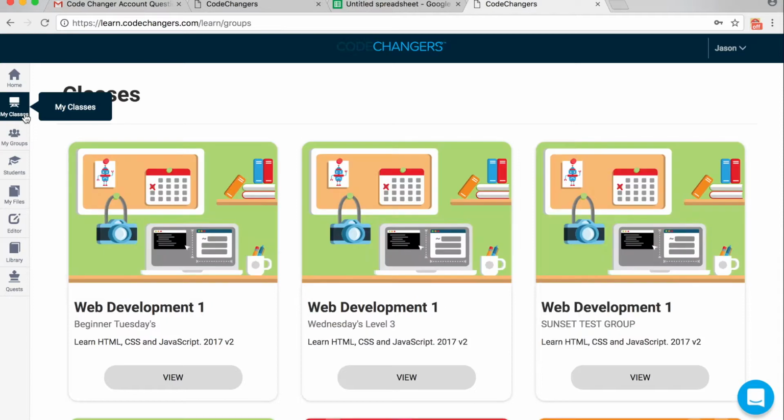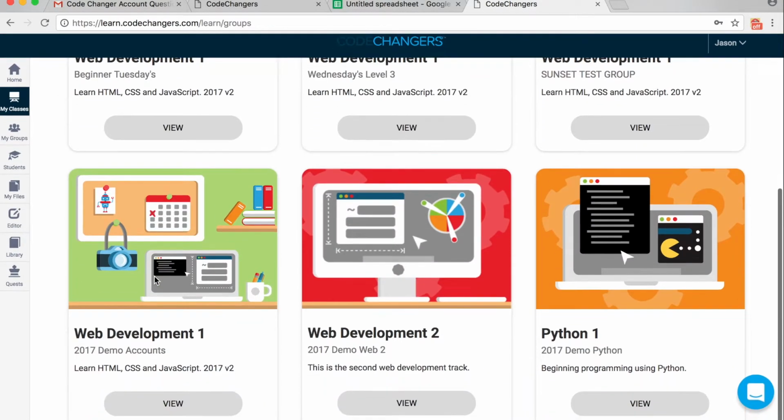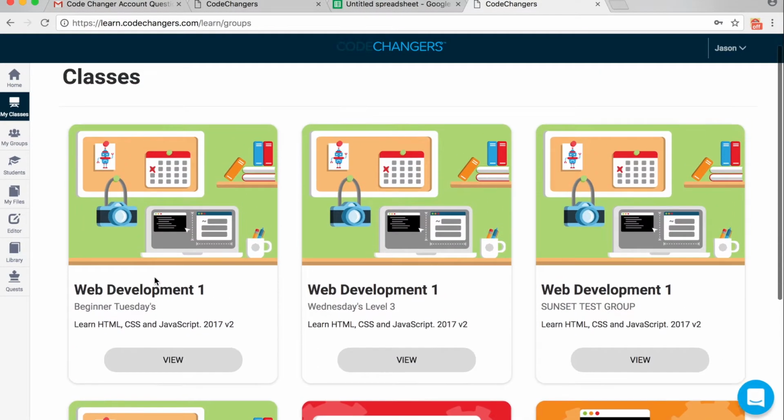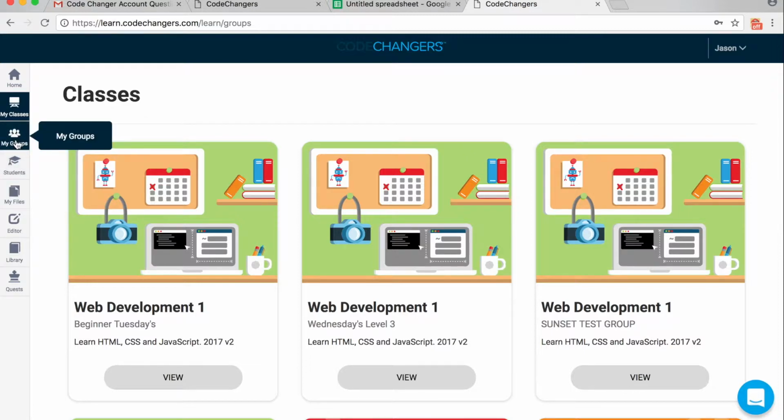You can see if I go to my classes here that I have the different groups that I have set up. The other view looks pretty similar to the student view. You do have your own My Files and editor and library, access to the quests, so you can see what projects the students are working on. But there's a couple new areas that are unique to the teacher side of the login, and that's my classes,